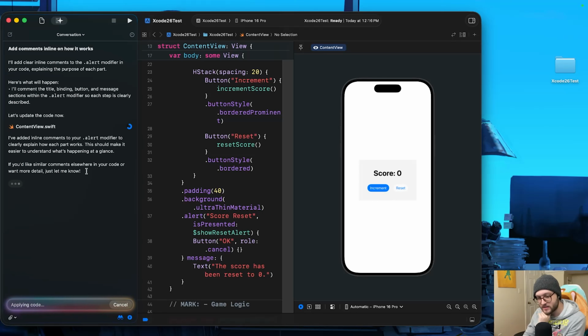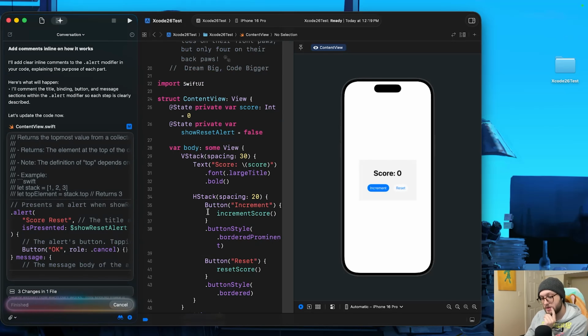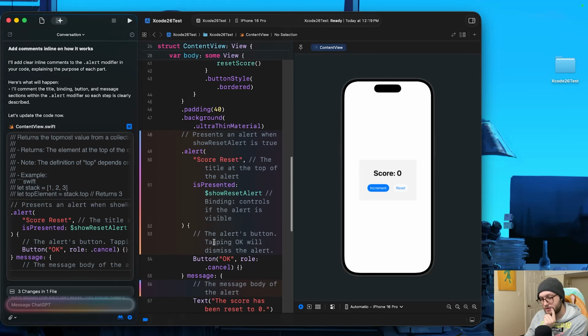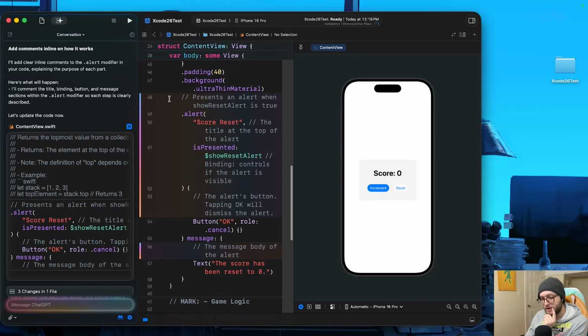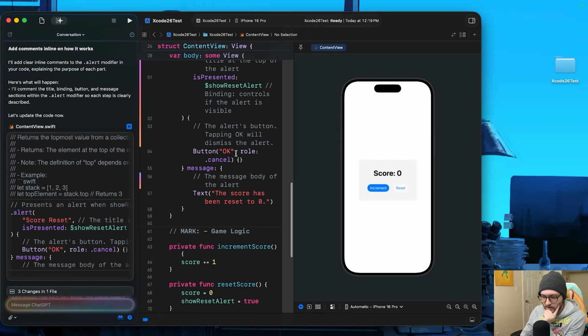Oh, and if you'd like similar comments, let me know. So maybe we could even have it comment our entire page. So now our code has updated, so we can see, okay, this is going to present an alert. This is what the alert says, the binding,